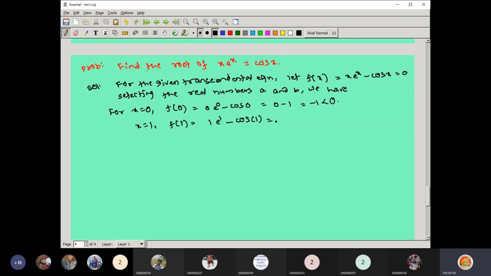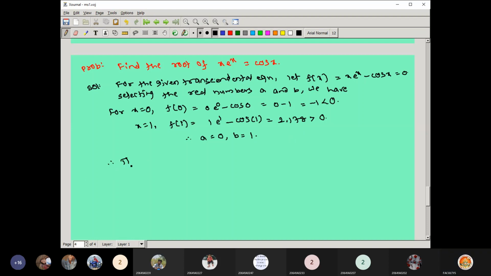So to get e power 1, shift ln e power 1, minus use the cos button. So cos of 1 bracket close. So directly you are getting the answer 2.178. So this is greater than 0 automatically. So now you can stop it. A equal to the negative value you are getting for 0 and B equal to positive value for 1. So A 0, B 1.